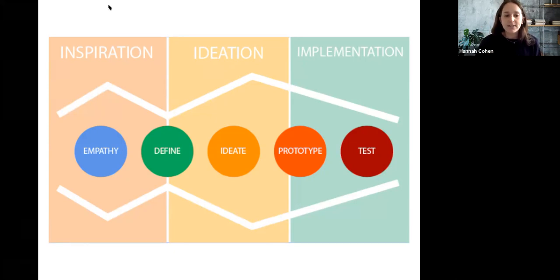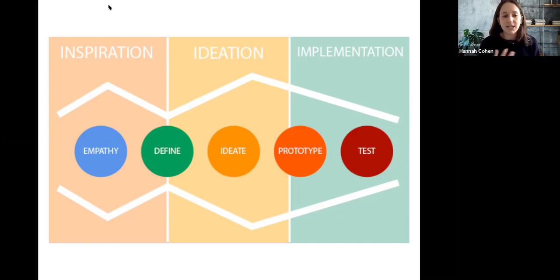And so this process really takes the form of, the graphic just describes it nicely, inspiration, ideation, and then implementation. So inspiration being seeing problems throughout the world, just noticing things that can be fixed. Ideation being thinking about approaches to solving that problem, and then implementation, which is going out, doing the research, and then testing it.